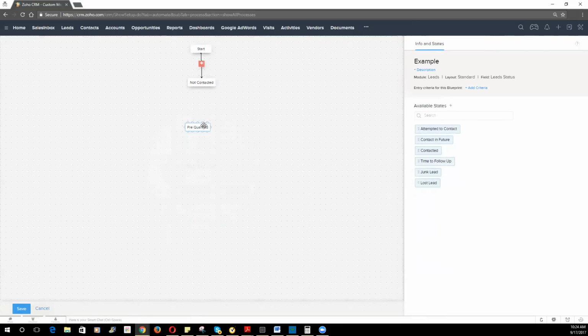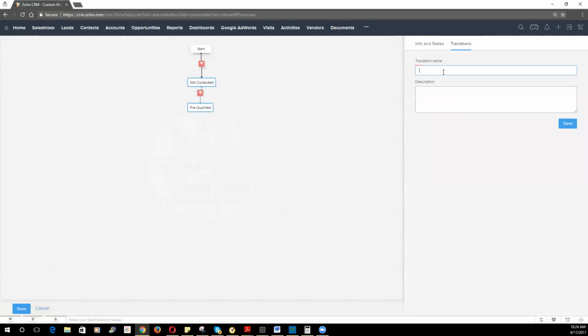As an example, if we want to move it through to pre-qualified, we can click and drag from this particular state to that one, and you can see that it adds in this transition. When you click into this transition, we can choose to require certain fields be filled out before it can be marked as pre-qualified. So required